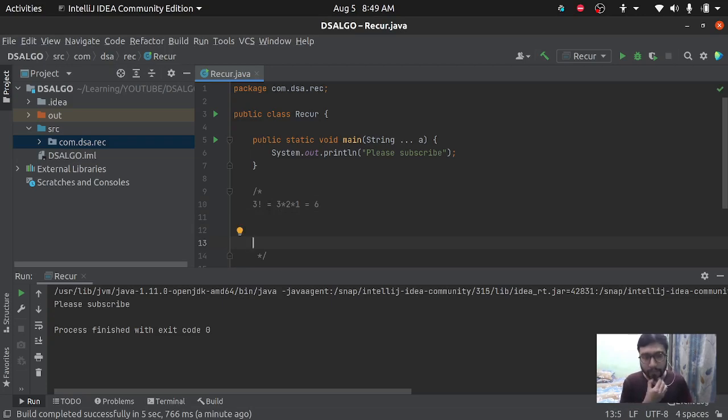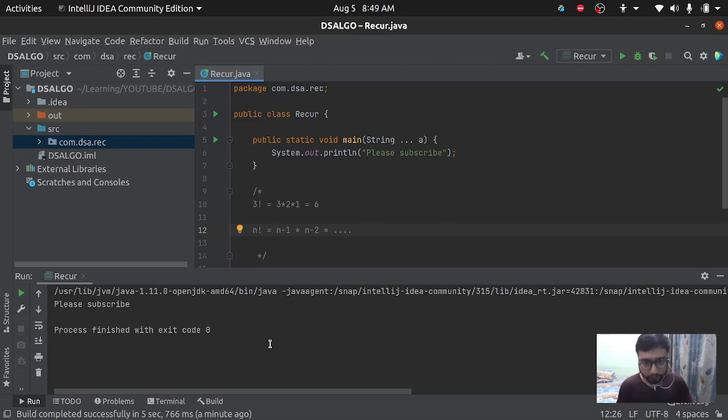Now how are we going to code it? From this we can see a pattern. Let's say 3 is n, so this is our nth item, and we are doing n factorial. What we are doing is n multiplied by n minus 1, then multiplied by n minus 2, multiplied by dot dot dot.